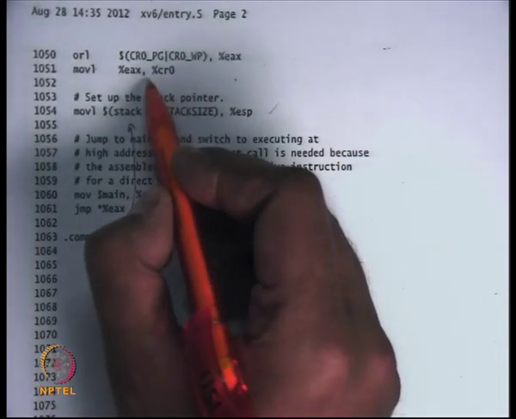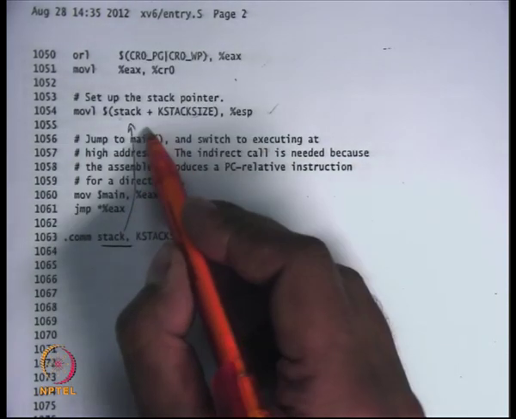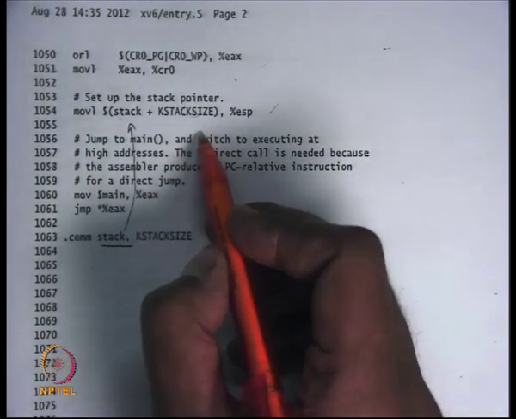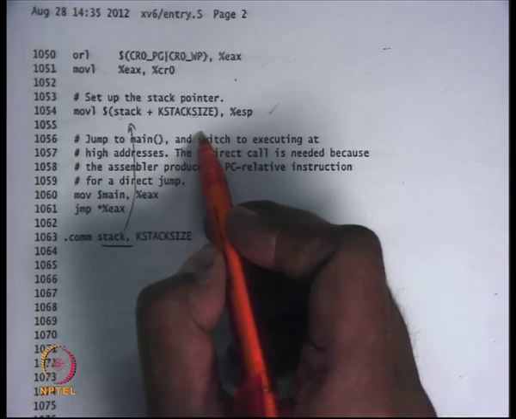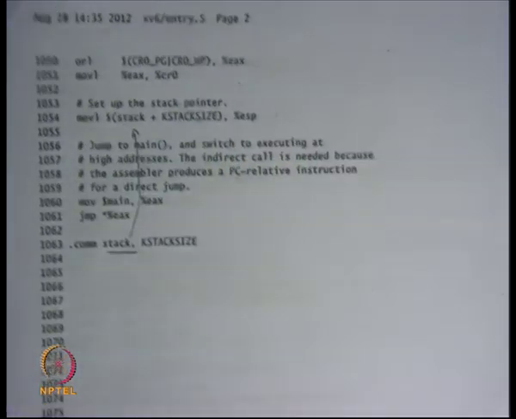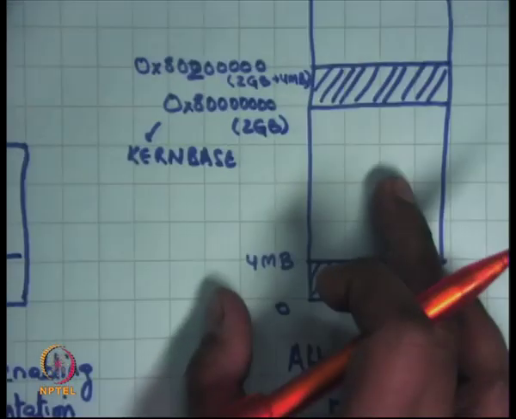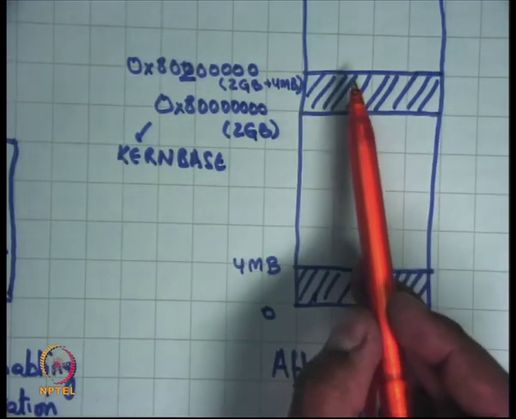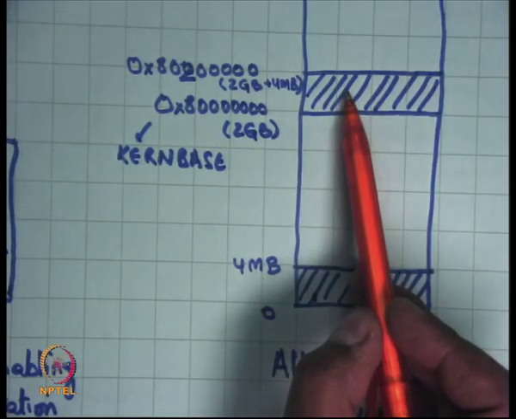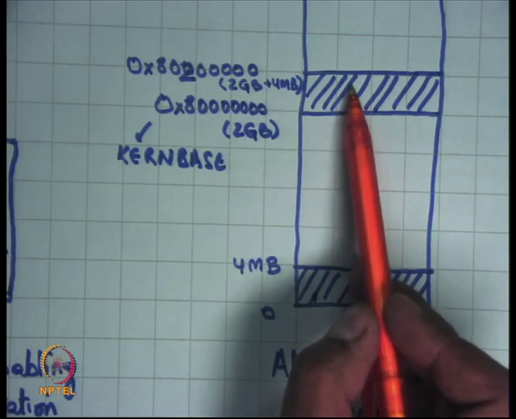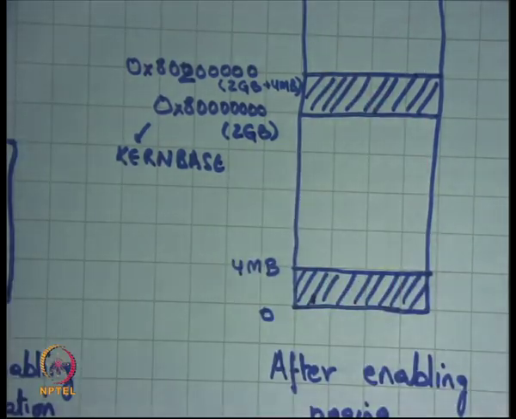Recall that at this point the paging has already been enabled, so this address should be a valid address. I should be able to dereference ESP because I'm operating in this address space, right? In this address space, ESP will be pointing somewhere here, and so when I dereference it, I'll get the right value, right? Notice that I've only started reading the kernel symbols after I enabled paging.